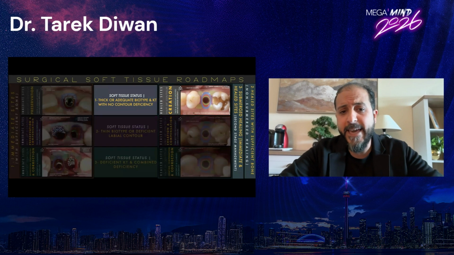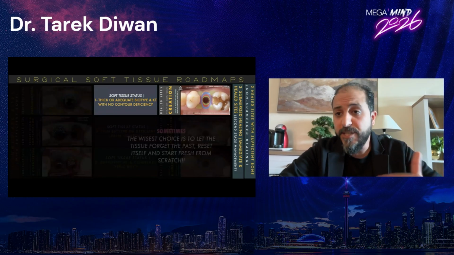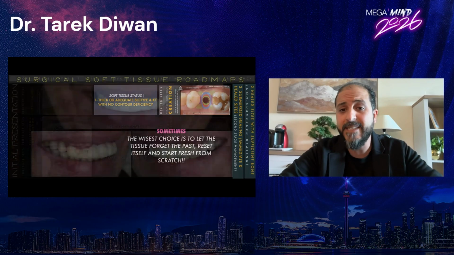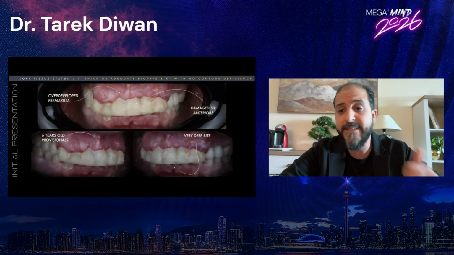So jumping back again to the thick or adequate biotypes and keratinized tissue with no contour deficiencies, where we had to manage on the second stage. Why did we manage on the second stage? Because sometimes the wisest choice is to let the tissue forget the past, reset itself, and start again from scratch. And that is a typical example of this scenario, where this case presented with a concern to replace her anterior teeth with implants. We had damaged anterior teeth, an overdeveloped premaxilla, 6-year-old provisionals, and